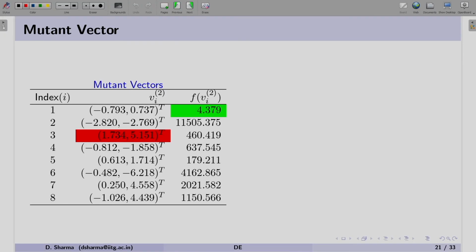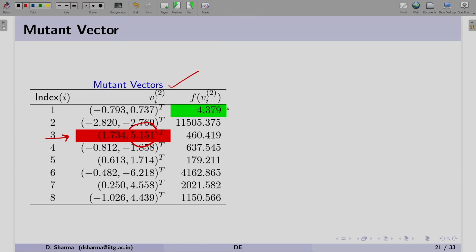Now, when we perform this, we are going to get a table of mutant vectors. There are two observations here. Let us see column number 2. Column number 2 is shown in red because the x2 value is greater than 5, and in our problem we considered x1 and x2 should lie between -5 and +5. So, when the variable goes out of bound, we keep this particular variable on the bound.